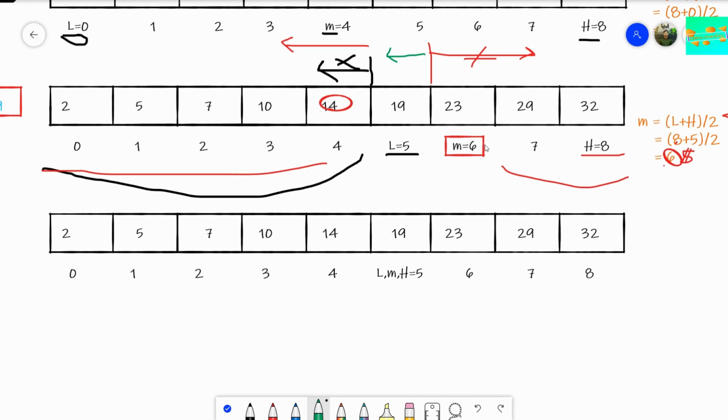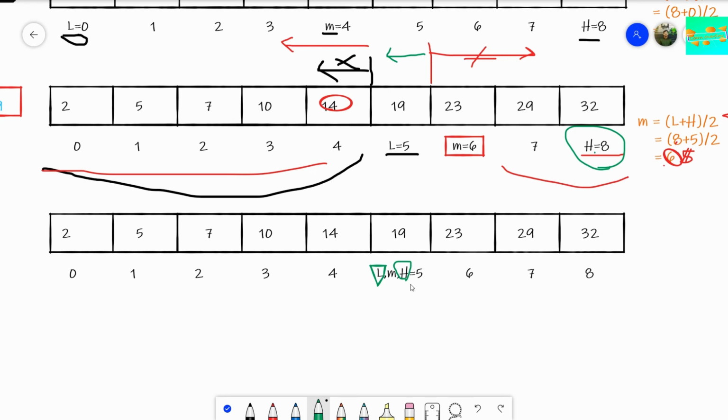When we need to look for elements smaller than M, we shift our H, the high position, to the value M minus 1. If we shift H to M minus 1, then H would become 5.